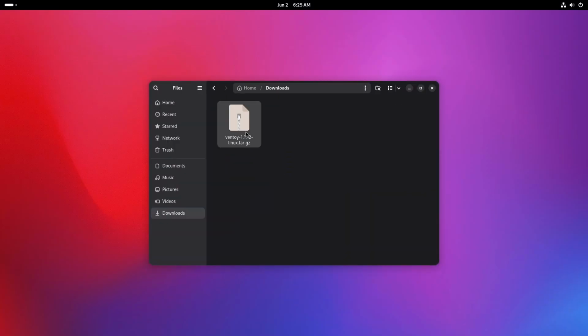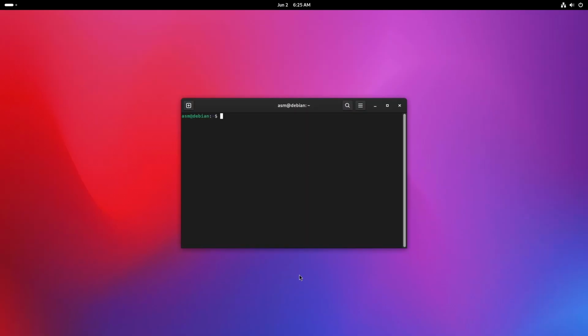Open the terminal. Search for terminal in your applications menu. Navigate to your file. Use the cd, change directory, command to go to the folder where your file is located. For example, if your file is in the downloads folder, run the command. Linux systems come pre-installed with a utility specifically for this called